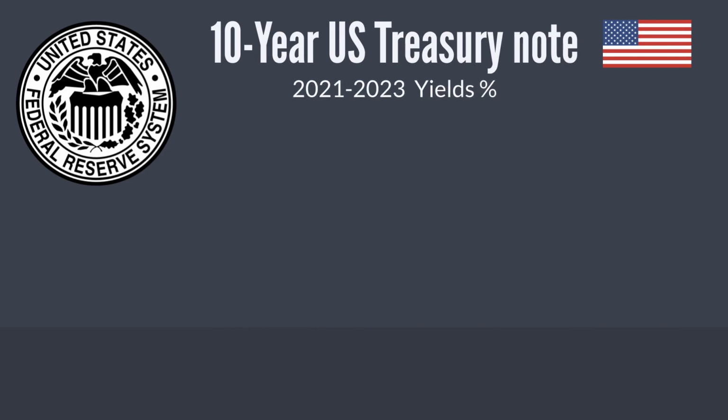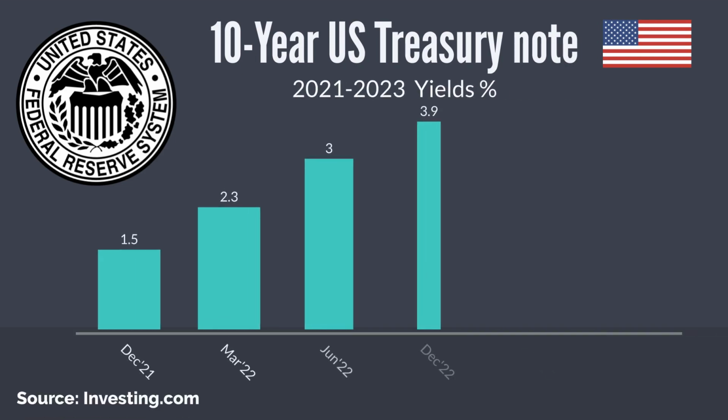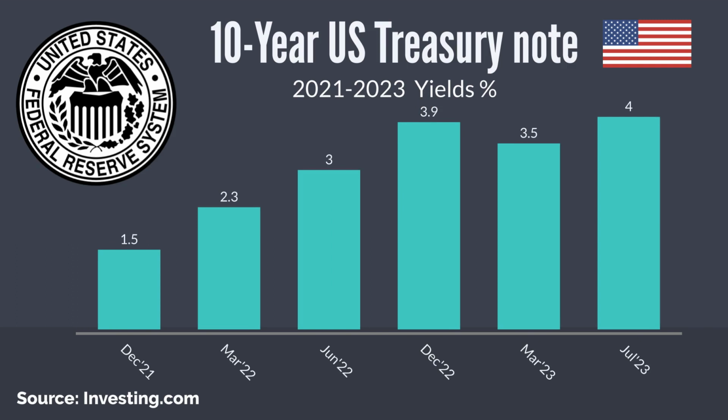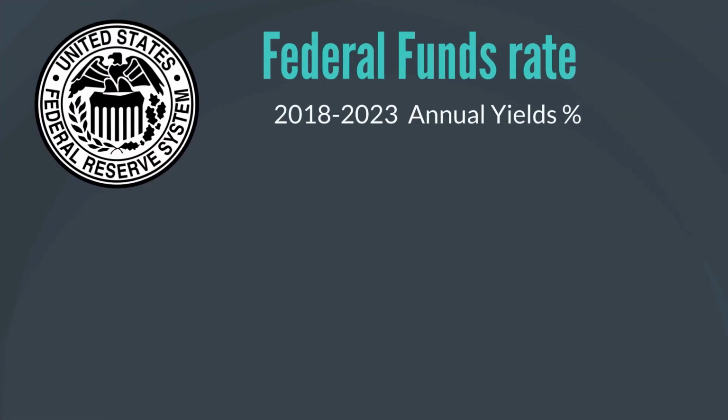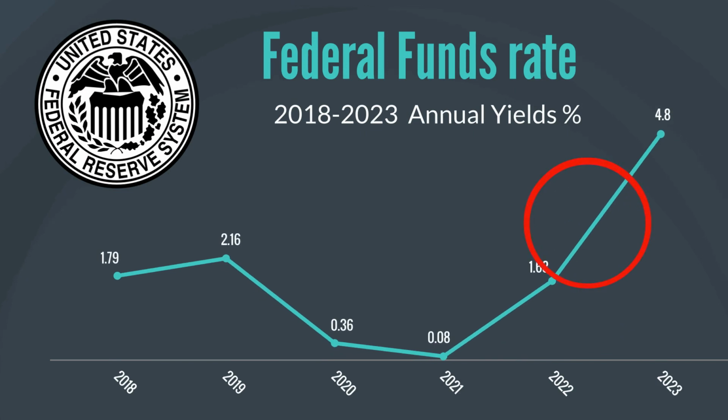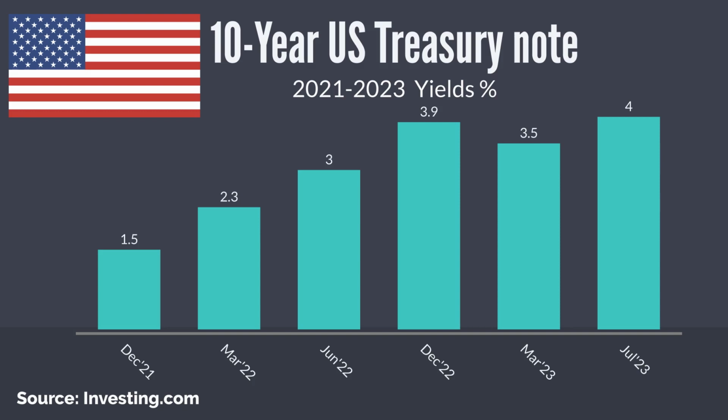For instance, during periods of rate hikes, emerging markets may experience capital flight as investors seek higher returns in the US. To demonstrate the impact of the Fed's interest rate hike on the financial markets, let's examine the performance of the 10-year US Treasury note from the end of 2021 until mid-2023. Initially, it yielded just 1.5%, indicating a consistent trend of lower interest rates. However, as the Fed began increasing interest rates in 2022, yields experienced a significant surge, reaching a peak of over 4% in July 2023, a level not seen in more than 10 years.